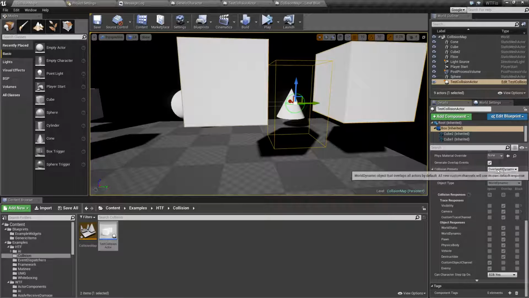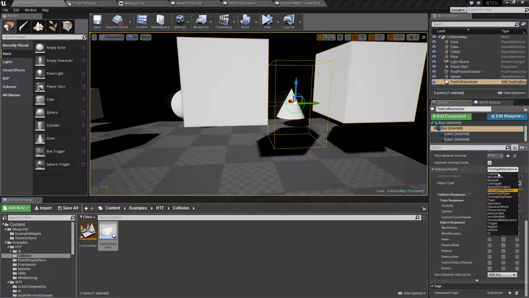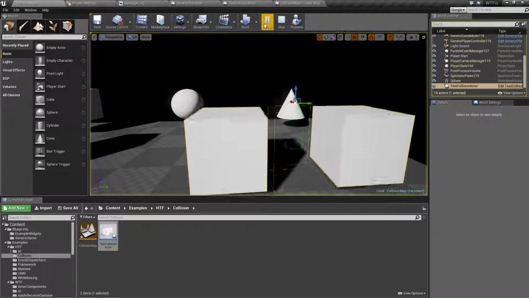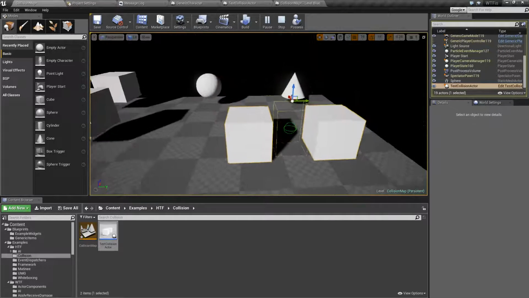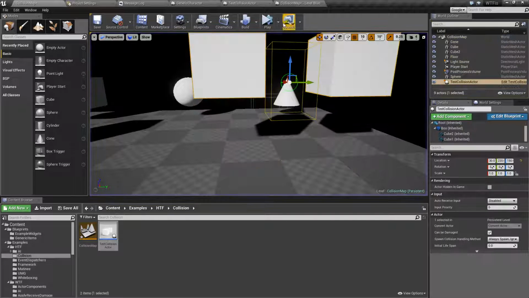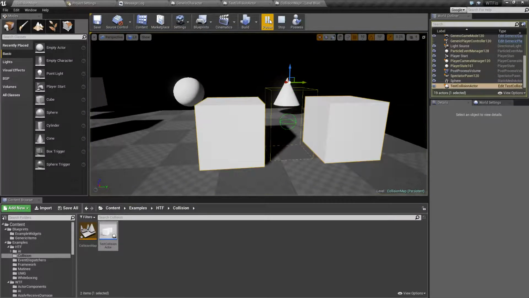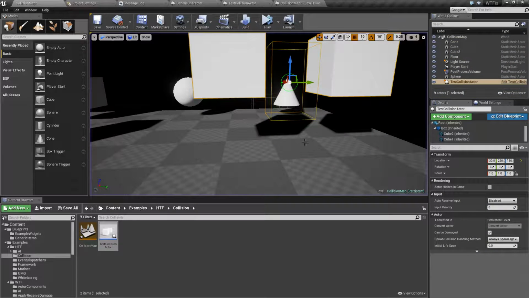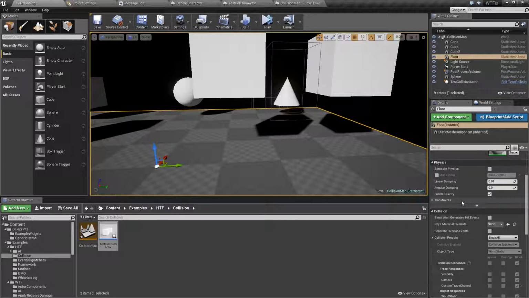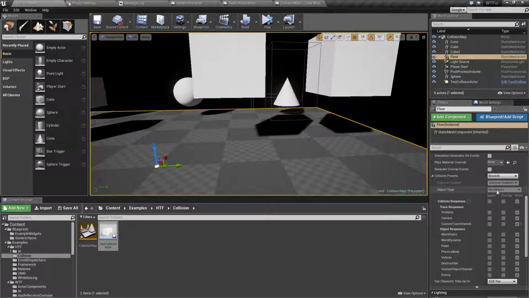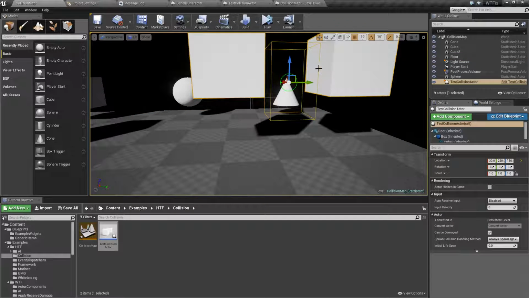Let's switch this back to dynamic. Oop, that's overlapping. We don't want that. Block all dynamic and hit play. And you'll notice it now stops. We'll notice now when we start it, it has the physics effect. Gravity's turned on, falls down, and it's going to collide against our floor. Why? Well, again, hopefully you know, our floor is world static. Our box